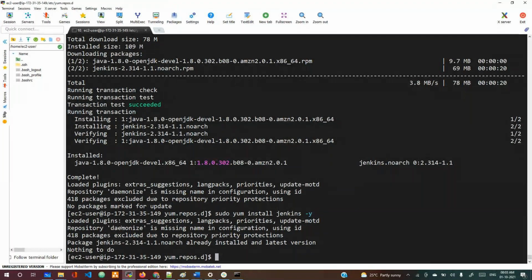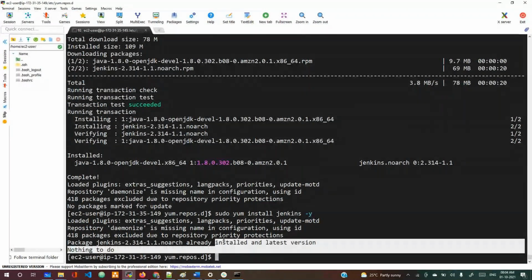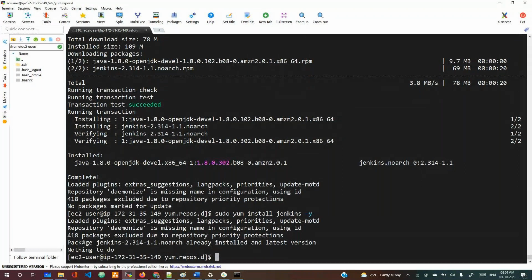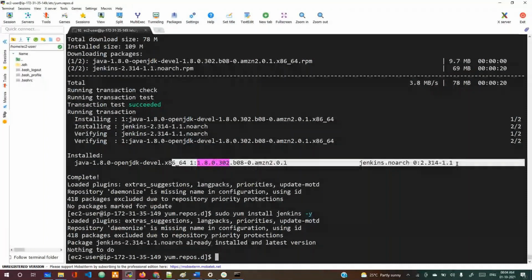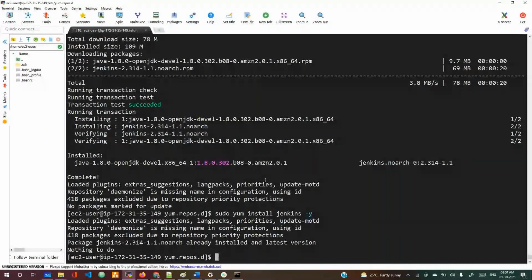Repository address is missing name configuration. Okay, let's see. It's saying that Jenkins is already installed, a new package. It's already installed, so you don't need to install this command. Okay, it's already installed, the Jenkins. This is the version already installed. Now if you execute this command, Jenkins is also installed for us. That's the reason it's saying package Jenkins, this version